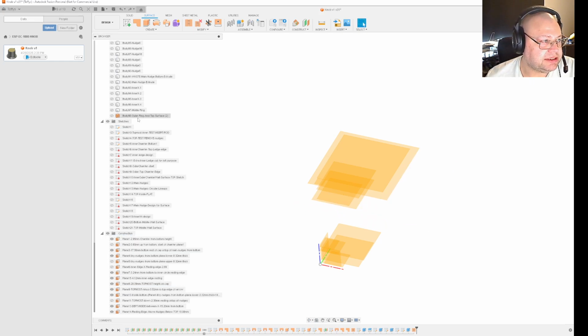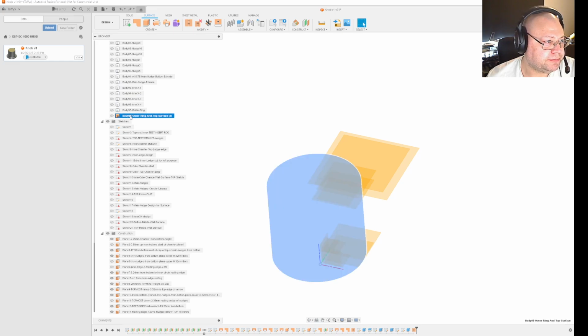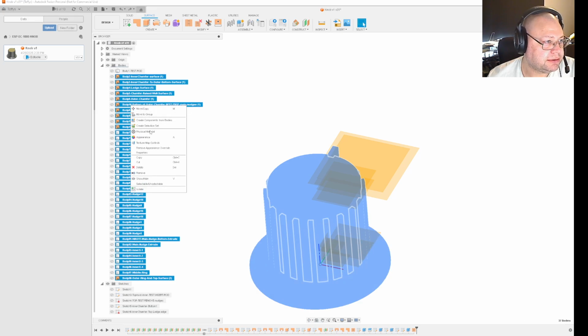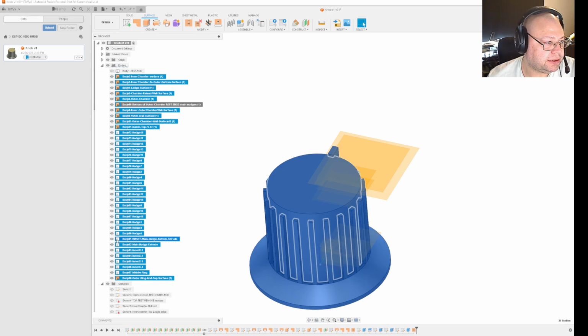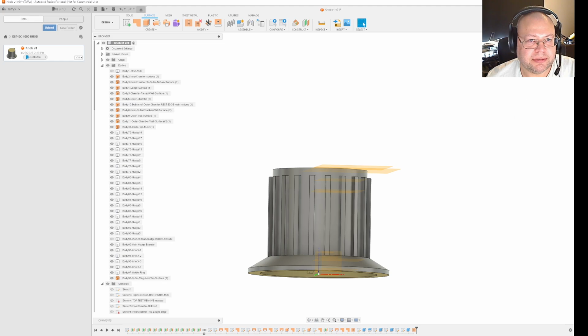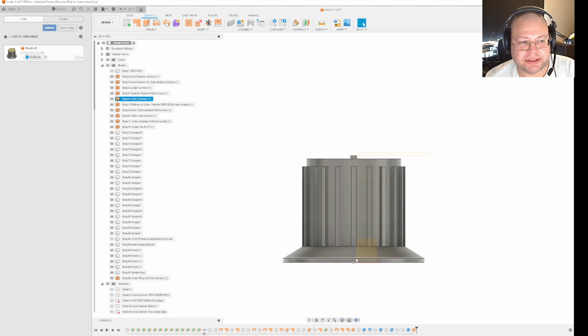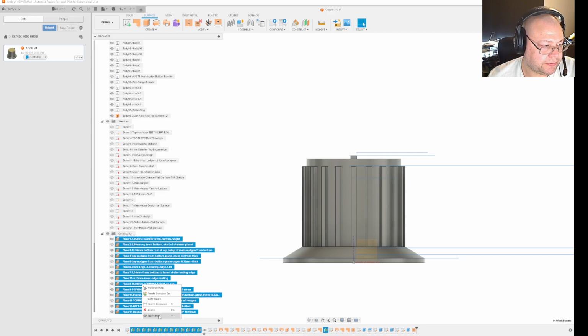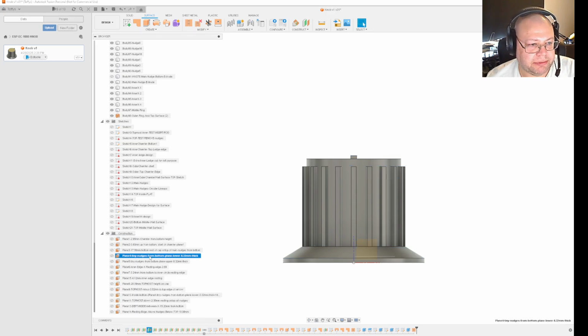So in this case, I'm just going to enable all my models, show, and hide that one. So you can see here I have a lot of planes, but usually I don't see them like this. I just keep them hidden. Normally when you want to see where a plane is, you can click and mark on it,